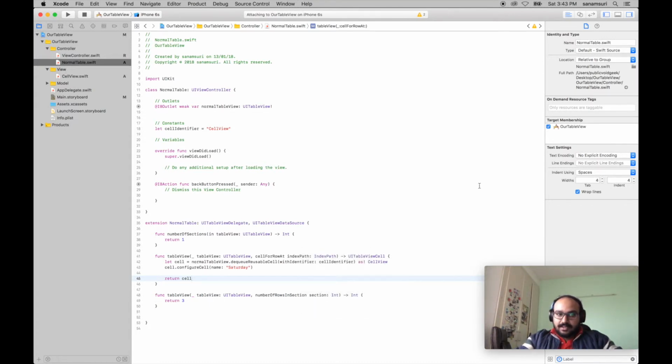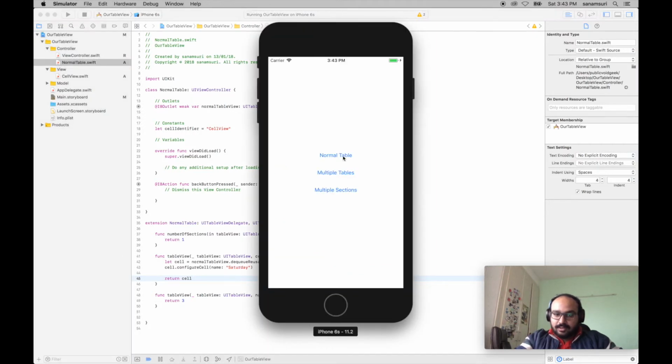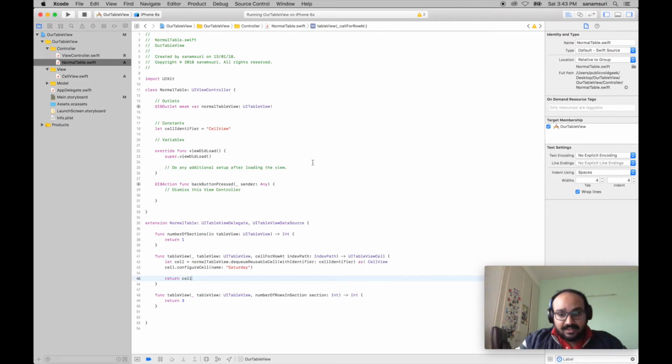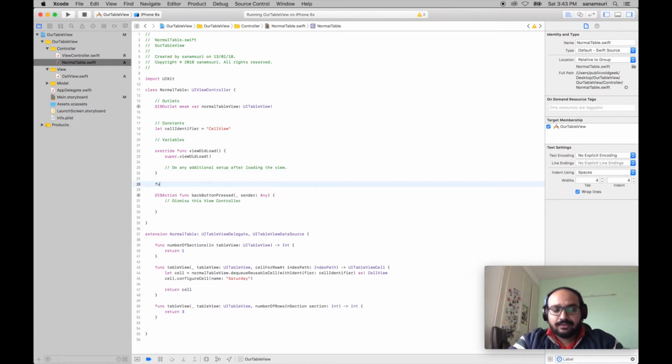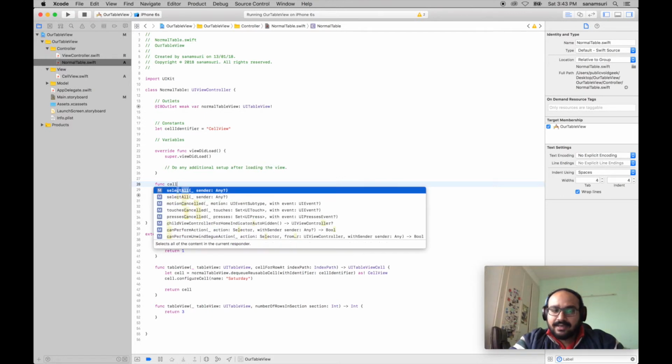Basically we have created everything, but we still did not inform this view controller that it is allowed to play with this table view, or put some data inside this table view, or show data inside the table view. It's not allowed to control the table view. So we need to inform this view controller that we have a table view and you are allowed to play with it. So I'm going to create a function called call delegates,